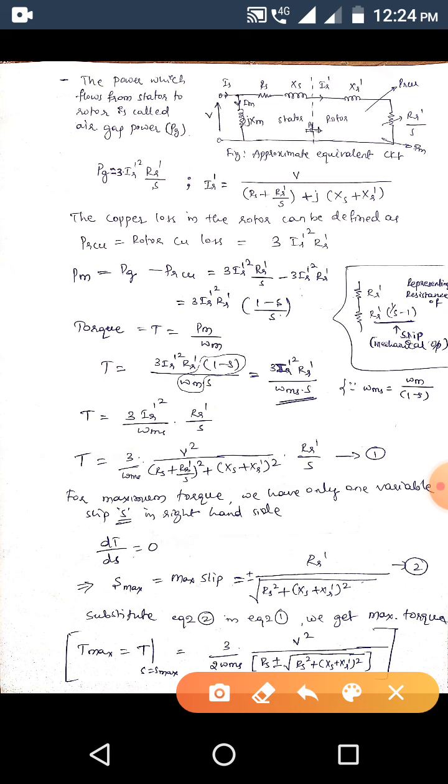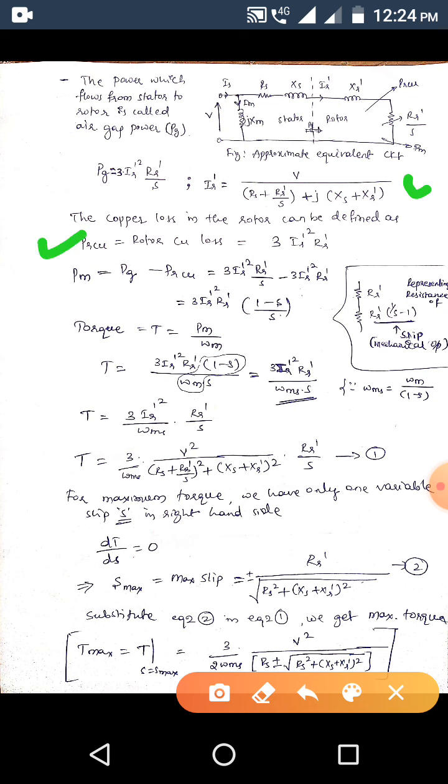Then Ir prime is equal to V divided by (Rs plus R dash divided by s) plus j(Xs plus Xr prime). So this is the current equation and this is the power in the air gap here. So then we have the losses here in the rotor. So then the copper losses in the rotor can be defined as